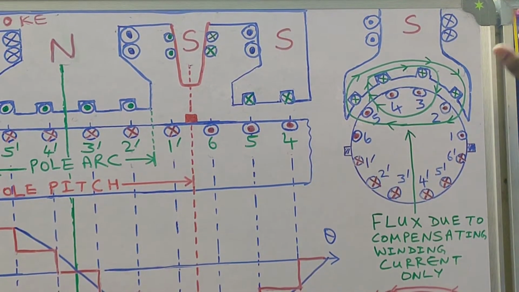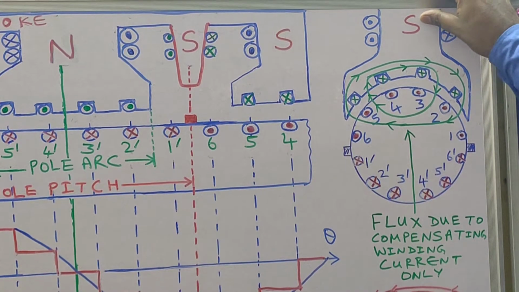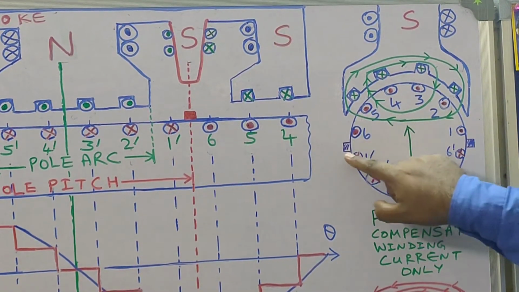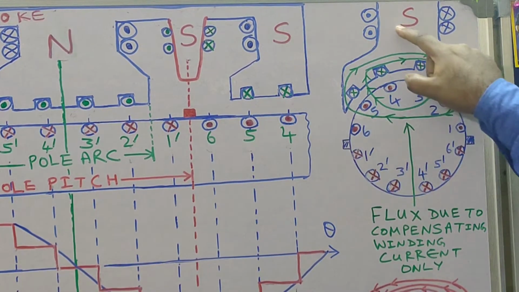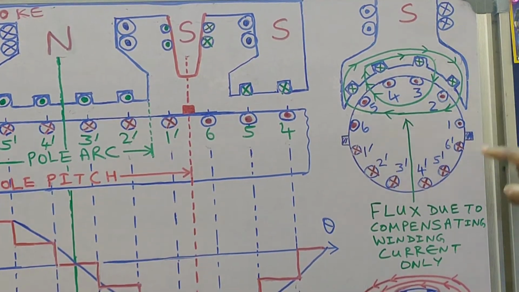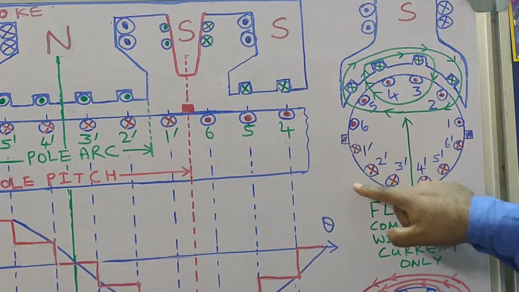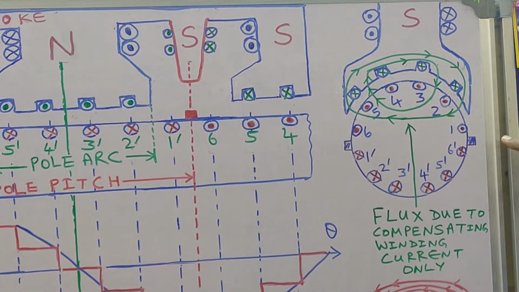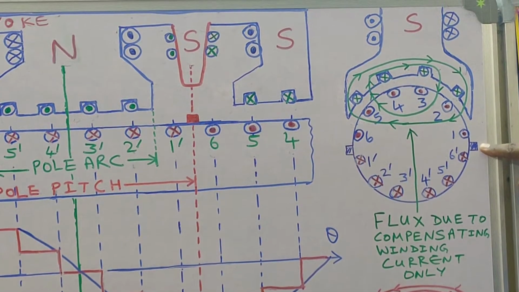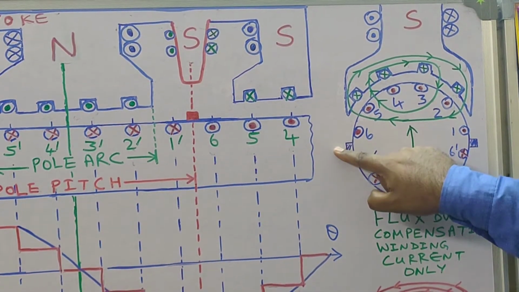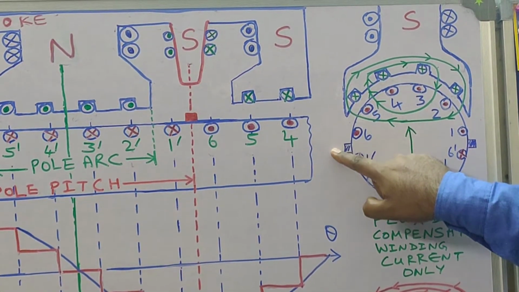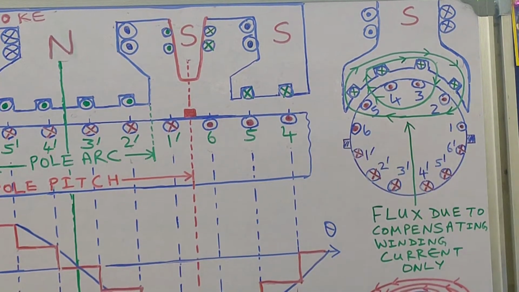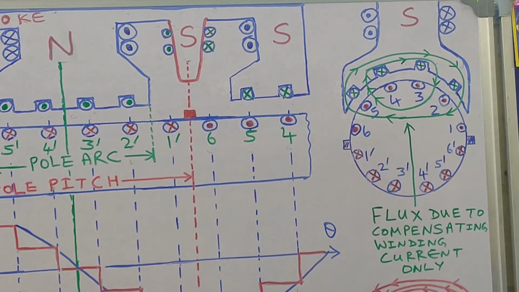You just focus on this: the south pole is indicated here, the armature core is indicated, the brushes are indicated. What is missing? The north pole, which should be 180 degrees away from the south pole center, that is, the north pole should have been here. And one interpole along the interpolar axis should be shown here, another interpole along this interpolar axis should have been shown here. So these are not indicated. However, this diagram will suffice.